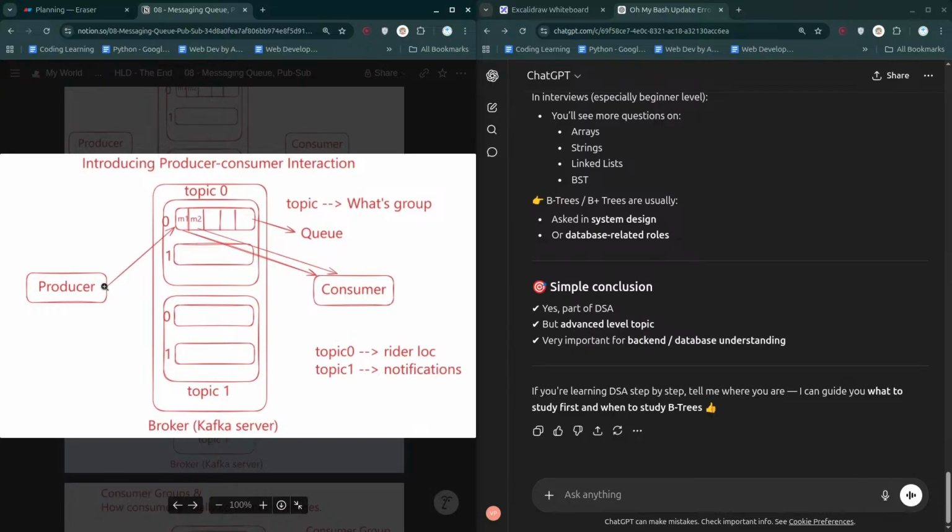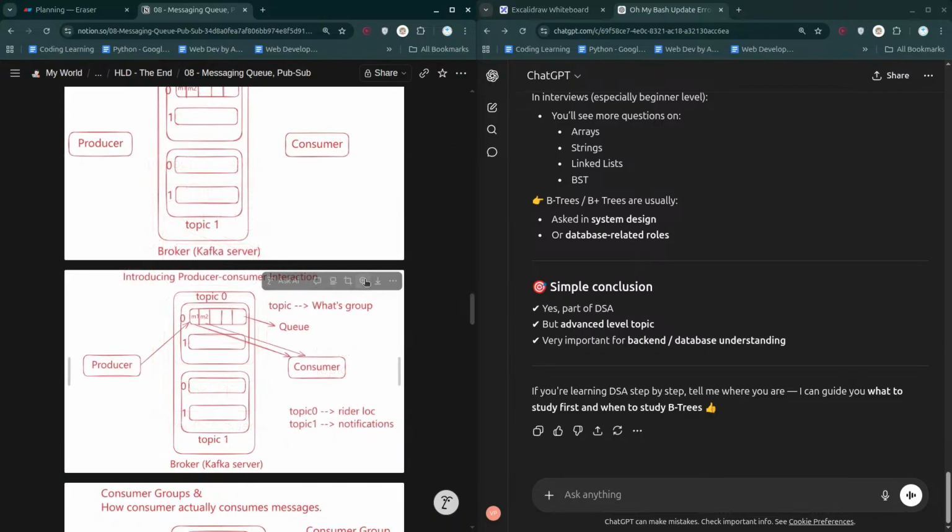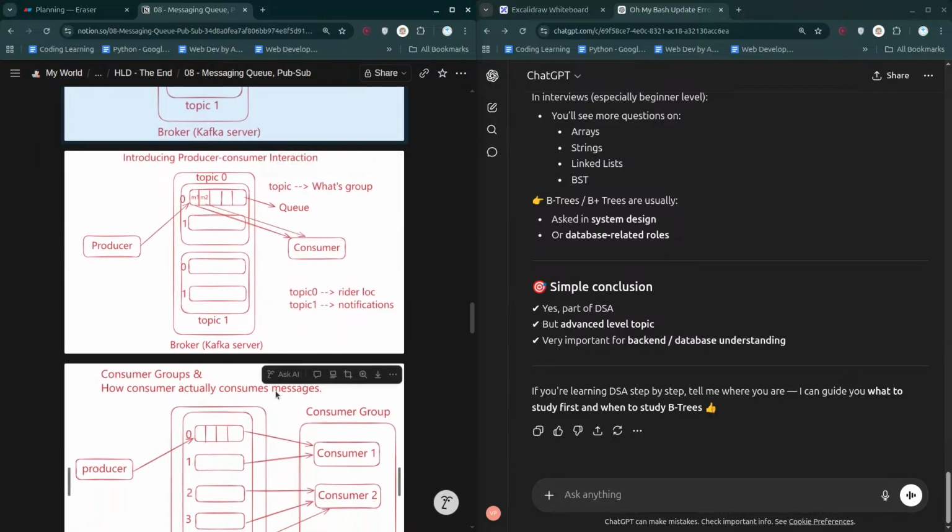And we have to give it the value. On the basis of that, the producer will simply push the request into one of the queues, and once the request is actually pushed in one of the queues, the consumer is going to be consuming them one after the other. Okay, so this is how it's going on.